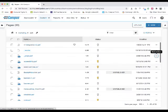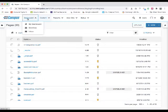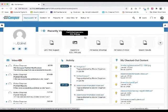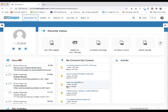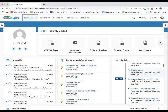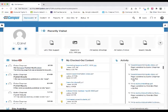That's the same. Or there's another way to do it, and that is to come up here to the top and click on dashboard, my dashboard. And that's a little bit different. What I kind of like is this thing here. It might be in a different spot on your screen because you can move these things around as you see fit. But this tells you the activity of things that,